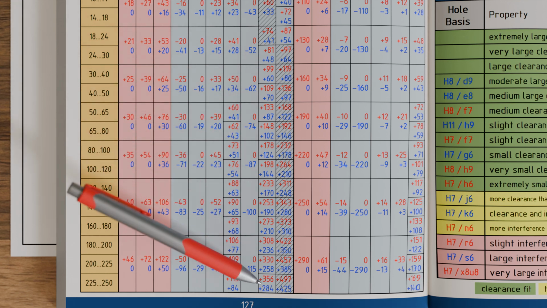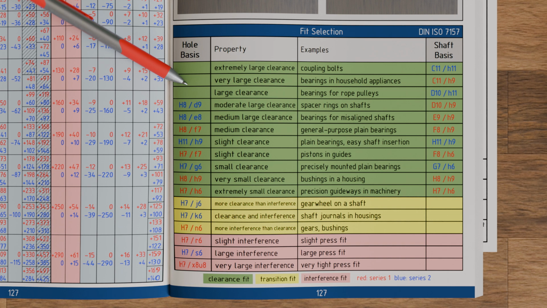For most cases encountered in practice, the tolerance grade combinations of Series 1 and Series 2 shown are sufficient. Deviations from these combinations should only occur in exceptional cases. This is, for example, the case when selecting fits for rolling bearings. When considering the tolerance grade combinations, it is noticeable that the shaft usually has a lower fundamental tolerance grade than the hole. This is due to the already mentioned reason that reamers and the corresponding limit plug gauges are very expensive, especially when it comes to very fine fundamental tolerance grades. In practice, it is therefore often more economical to produce finer tolerances on the lathe, which does not require expensive